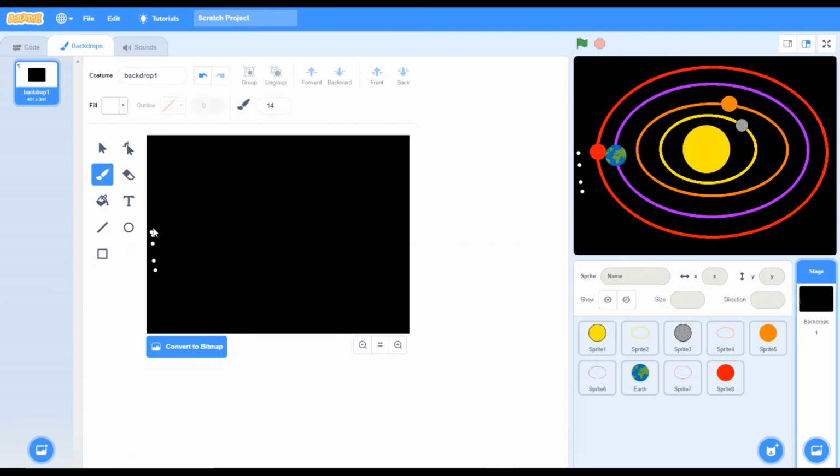Sun, stars, asteroid belt. Now I don't want the stars to be isolated in one place. I'm placing them at random positions.